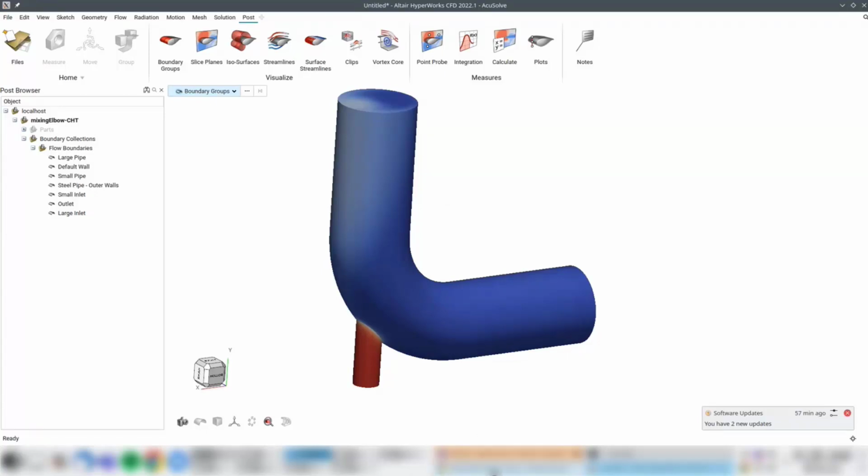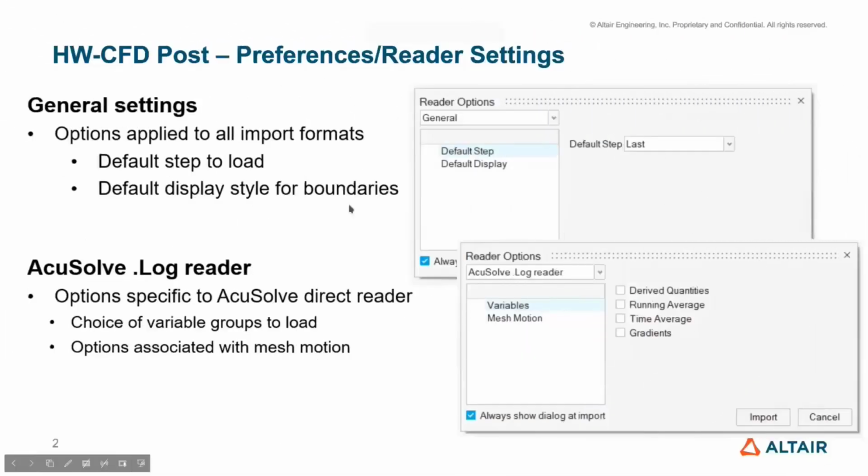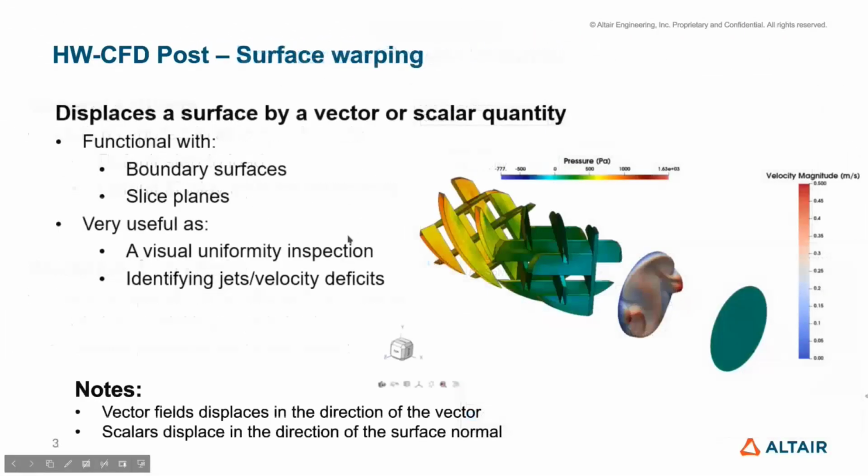So that was the first new feature I wanted to talk about. And the next one I want to talk about is something we call surface warping. And this one's actually one of my favorites. It's a new display style that we didn't have access to in, say, AccuField View when that was our primary post-processor. So we are starting to add some capabilities that are actually new to our post-processing workflow, and this